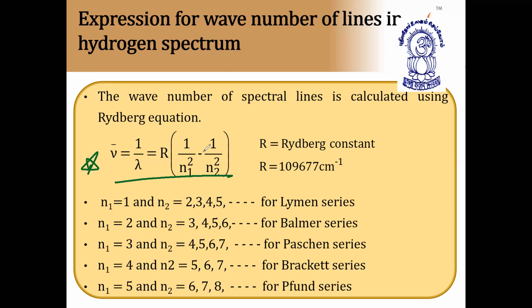So for Lyman series, when the electron is jumping from any higher energy orbit to the lower energy orbit, n1 is equal to 1. I hope this is clear for you. So this table is very important, and this formula is very important. And how we will get questions based on this formula, we are going to discuss later. Now, next we have